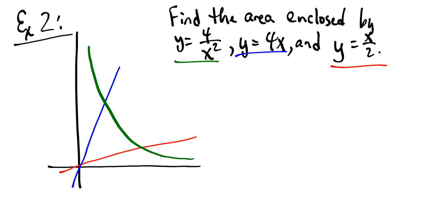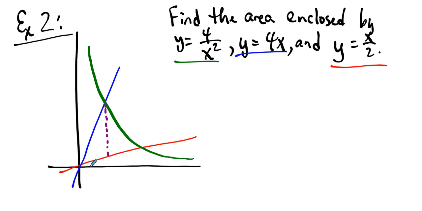Vertical slices run from blue to red for a while until you get to here, and then vertical slices run from green to red. Slicing horizontally doesn't change the issue. We go from green to blue and then from red to blue. So either way, we've got to split it up into two